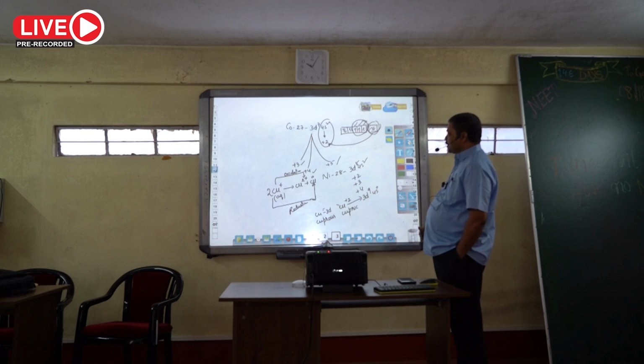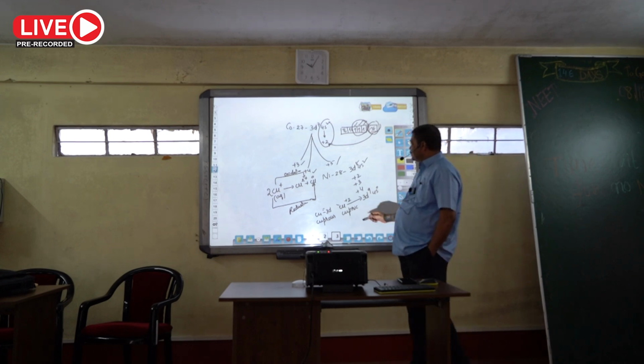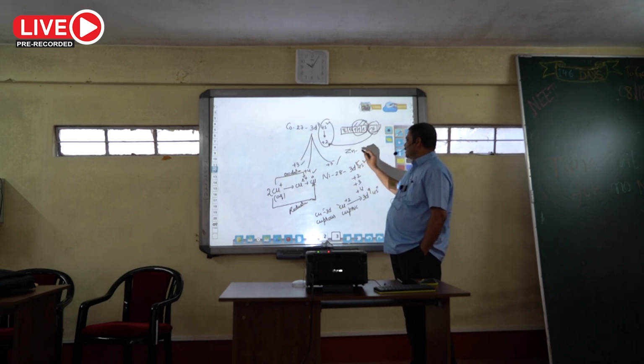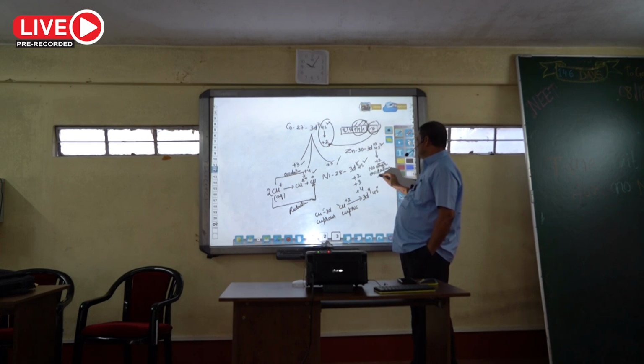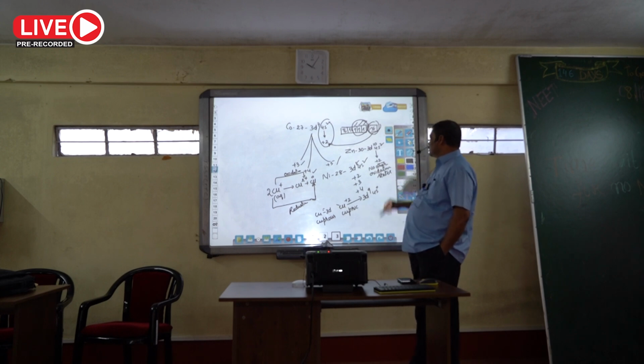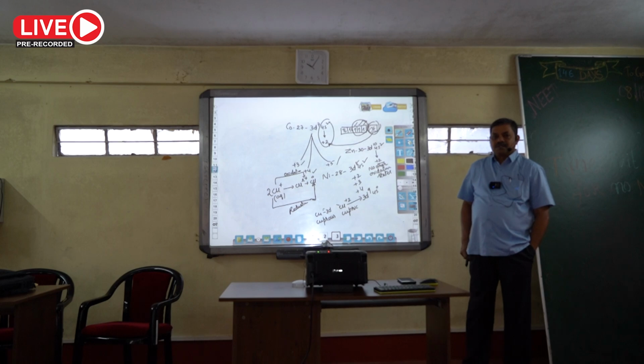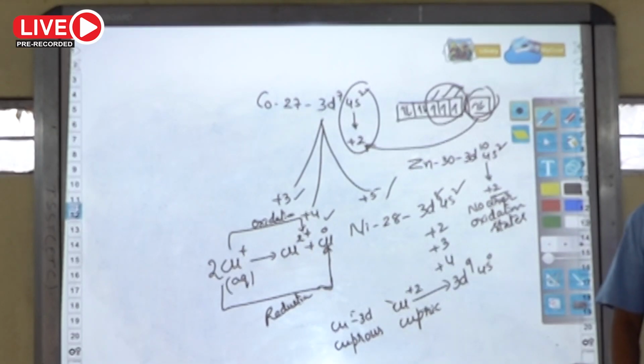Now, after copper, the next element is Zn, zinc, atomic number 30, 3d10 4s2. It only exhibits +2, no other oxidation states. So zinc only exhibits the +2 state due to the participation of these s2 electrons, and there is no other oxidation state for zinc. That's why,